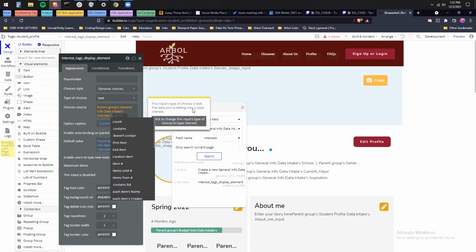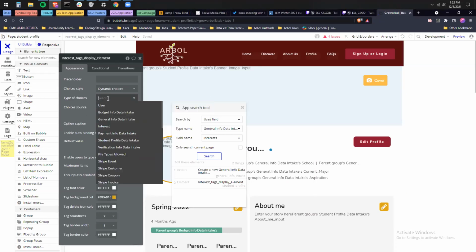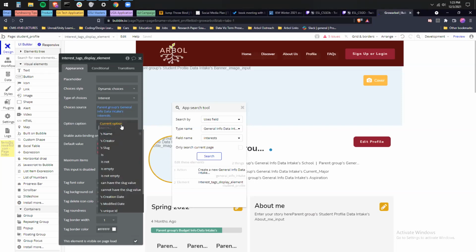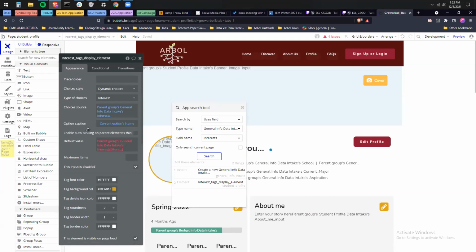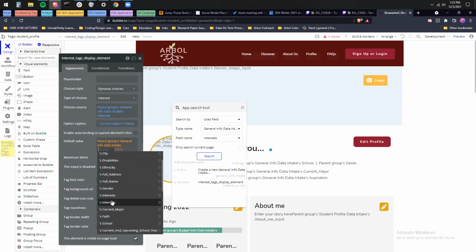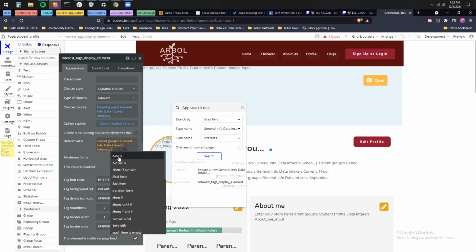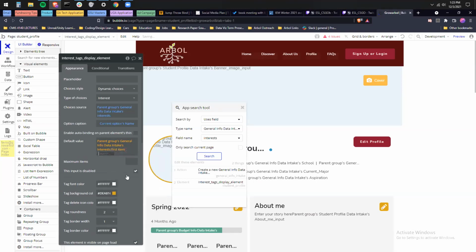And you have to change the type of choices to be interest. There you go. And then the current option would be the current option's name. Yep. And then the default value would be, yeah, the second one. There you go. Interests, and then first item, I guess.